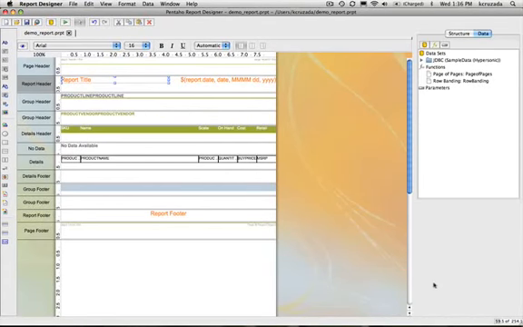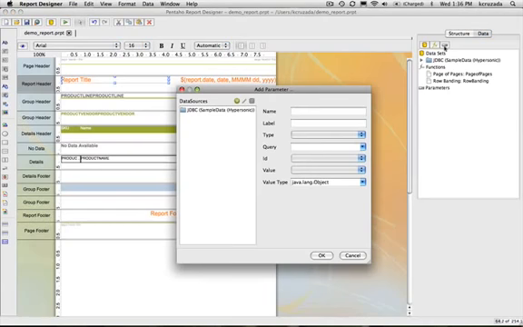In this demo, we will create a parameterized report. So we're going to prompt the user for a product line before we run the report. To create a parameter, simply select the parameter button in the toolbar, and then we'll name it